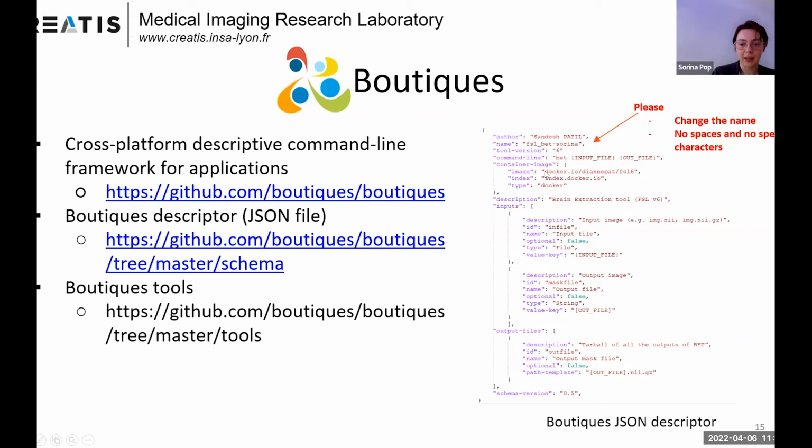But beyond that, what's important to see is that it points to a Docker image that will be automatically downloaded at execution time. And this is how we make deployment easier. Another important thing is the command line here. You'll get a simplified command line, just with the name of the executable, the input and output files. The name of the executable is the one that will be available inside the Docker image, and input and output files are made available by VIP